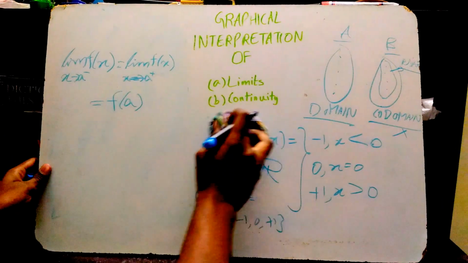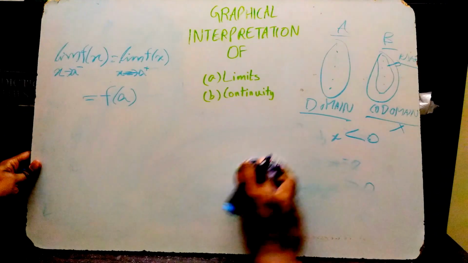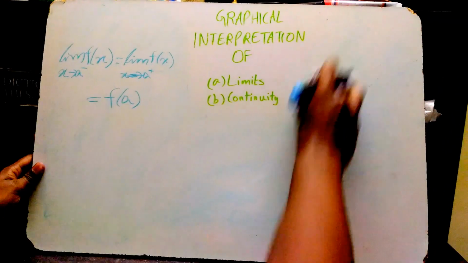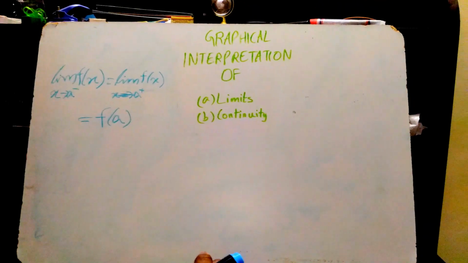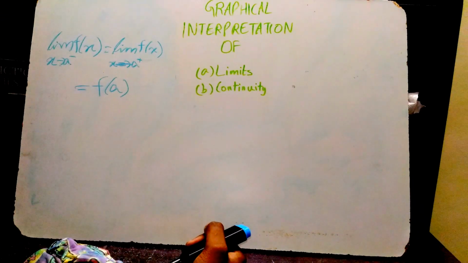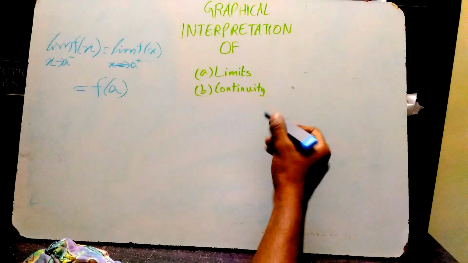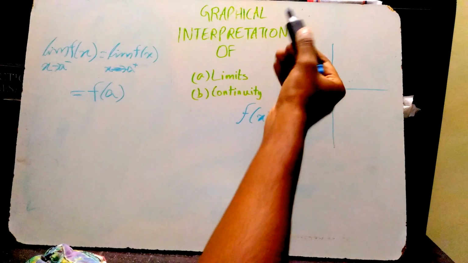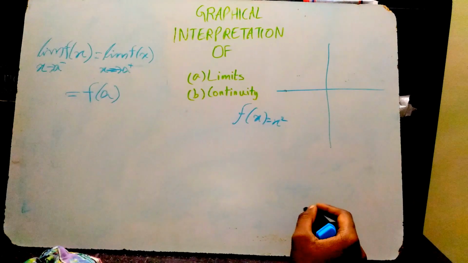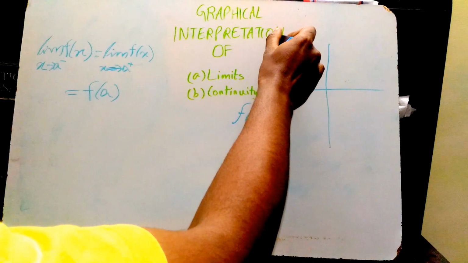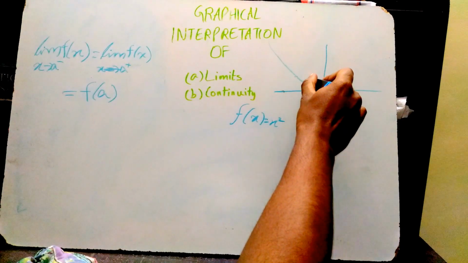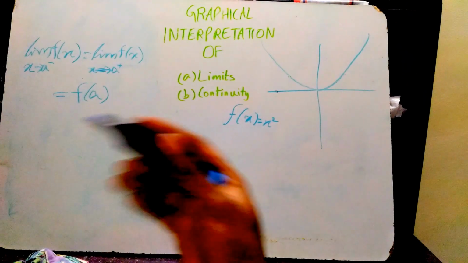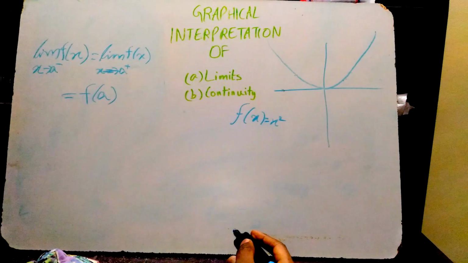For example, there are so many functions, as I told earlier, which are continuous: polynomial, trigonometric, exponential, and so on. For example, I'll consider f of x is equal to x square. If I try to draw the graph, the domain is the set of real numbers. So once I start drawing with my pen, I need not lift it at all, and I can go on forever. So this literal meaning of continuity is the mathematical continuity.